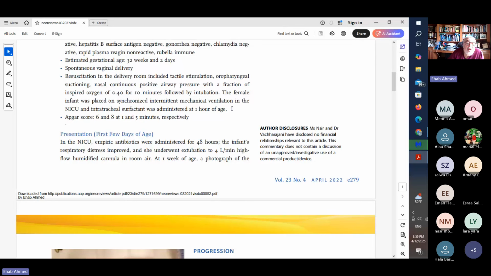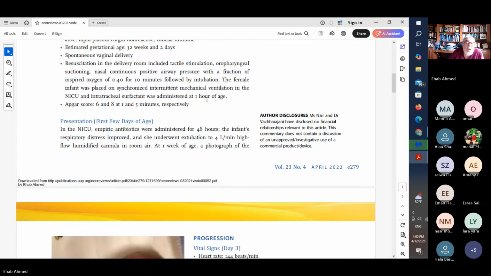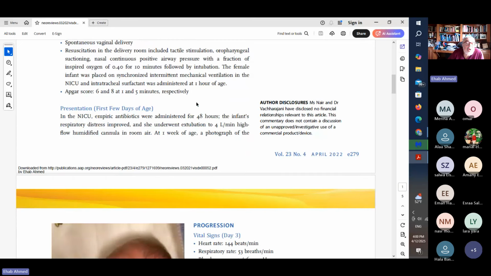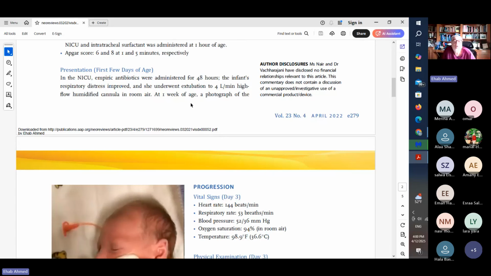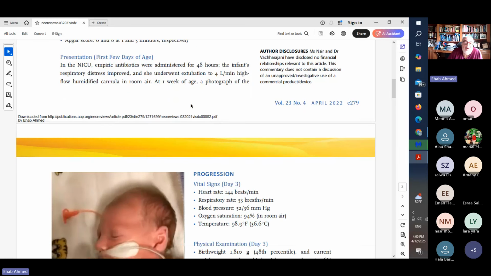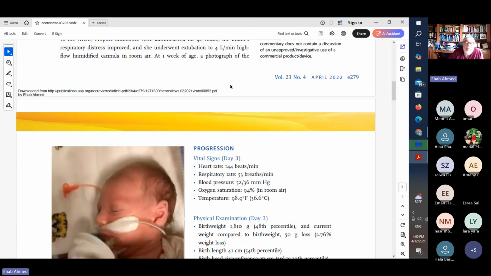The female was placed on SIMV in the NICU, and at the age of 1 hour, APGARs were 6 and 8. Presentation in the NICU: antibiotics, and the infant's respiratory distress improved. She underwent extubation to 4 liters per minute nasal cannula. So they can extubate to nasal cannula. I don't know if you do this practice or not. You don't have nasal cannula. Okay, I'm sorry. At 1 week of age. And then a photograph of the